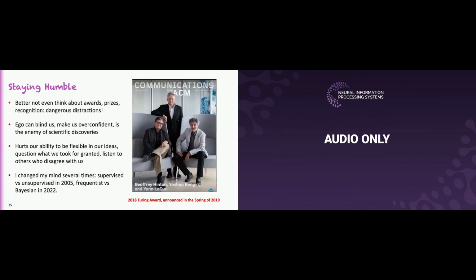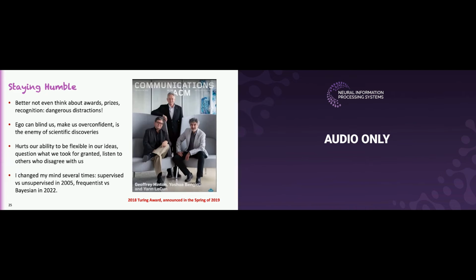So all these prizes and awards, all these recognitions, they're dangerous. They can just make your ego too large, and that's not good for science. It's better not to think about these, not to aim for them, not to aim for recognition. These can be really dangerous distractions. The problem is ego can blind us, make us overconfident, and it really doesn't help us to make important scientific discoveries,